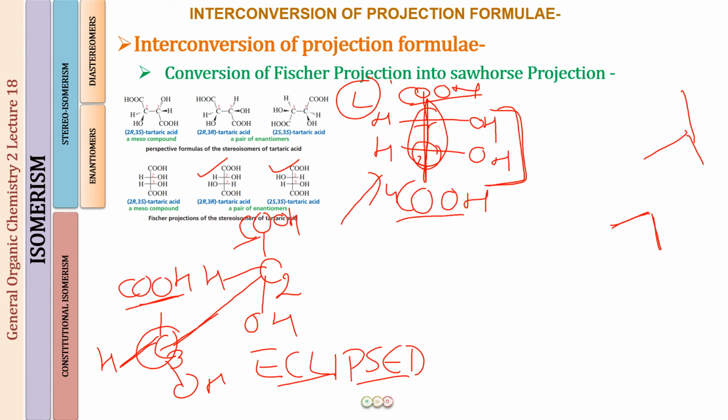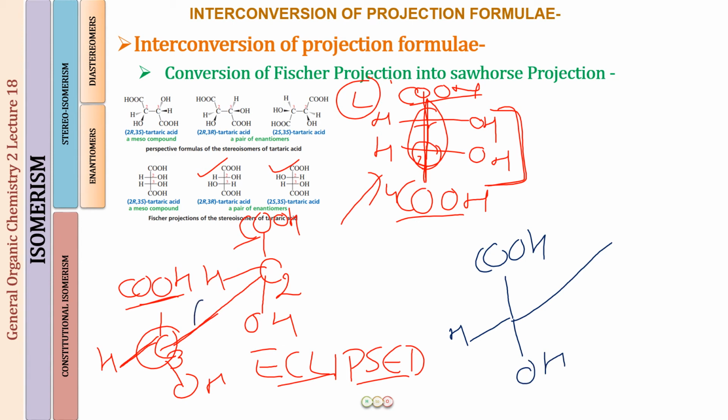So when we do that, just let me rub this out. Okay, so now when we do that, I'll just not write down the carbons now. When I have to make a staggered projection, first of all, these groups remain the same. Okay, so this is a COOH, this is a H, and this is an OH. So now I've rotated this by an angle of 180 degrees. So the COOH group which was above will come below, and this one will go up. And when they go up, the OH which was on the right side of the vertical line goes back, and the hydrogen which was on the left side of the vertical line is on the right side now.